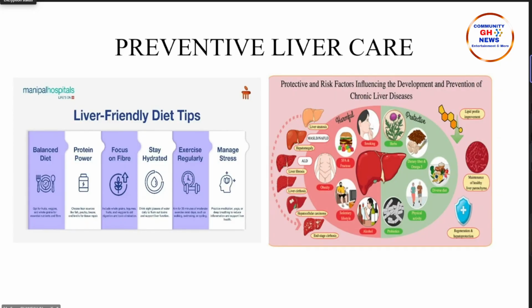And then, as I mentioned, obesity is the number one cause. High cholesterol levels are another cause of fatty liver. So you have to perform some activity. You shouldn't live a sedentary lifestyle. Brisk walking, walking for short distances to get stuff instead of using your car, taking walks in the evening, going for jogging, doing some light exercises at home. All these things help to maintain your weight, which is very important.